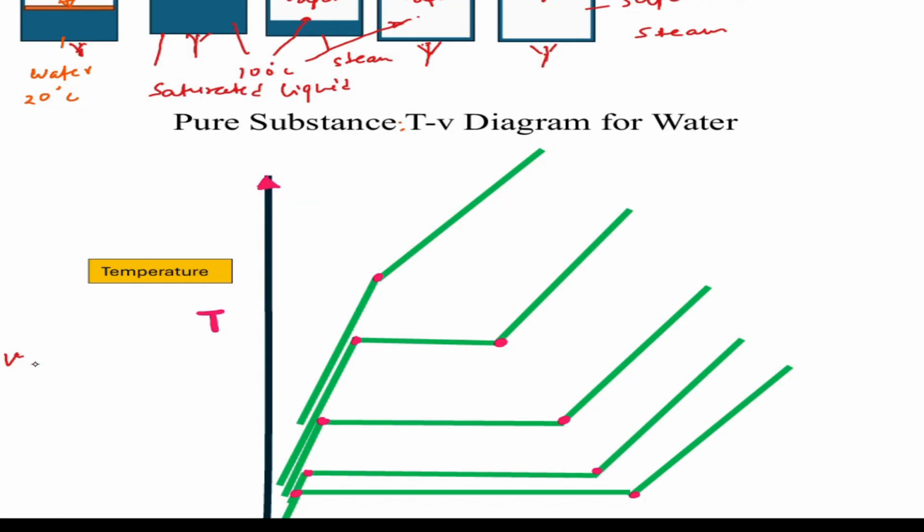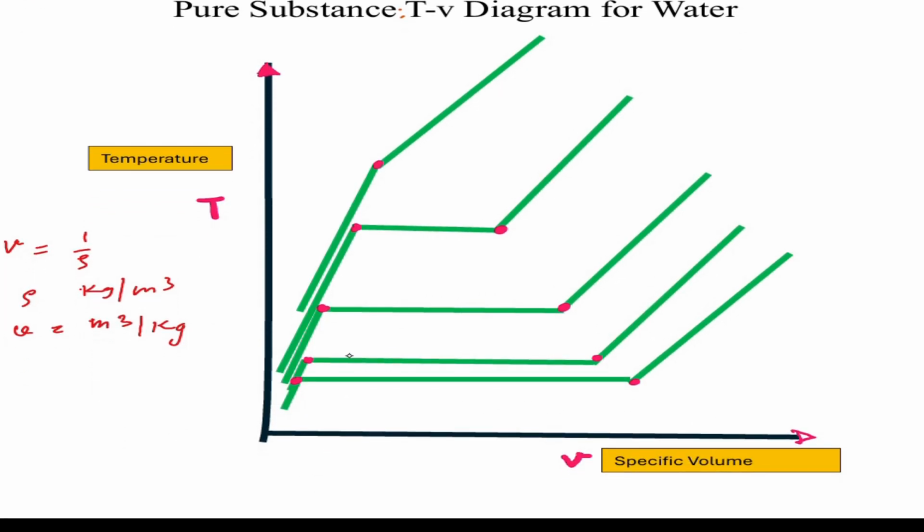Volume is inversely proportional to density. So v equals 1 upon rho. We know the unit of density is kg per meter cube, so the unit of specific volume is meter cube per kg. It means how much volume 1 kg mass of substance occupies. So when we draw it on a T-v diagram,